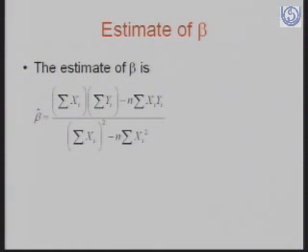While doing that, we take the partial derivatives with respect to alpha and beta, because alpha and beta are what we are going to estimate. What alpha and what beta will give us the minimum value of the summation epsilon i square? This is found by taking the partial derivatives of the error sum of squares with respect to alpha and beta. Since there are two parameters, alpha and beta, we get two normal equations, and by solving these normal equations we get the